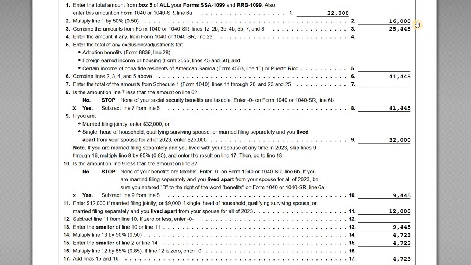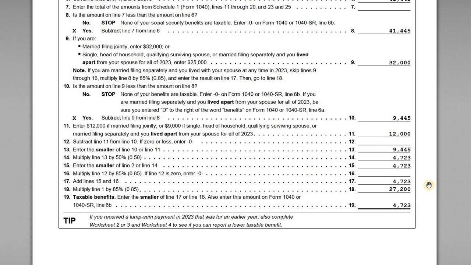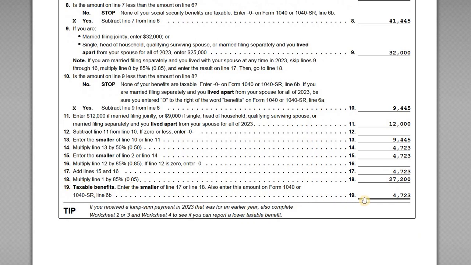Well, line 2 is $16K. So we're going to enter the smaller amount, which is still the $4,723. Line 16, multiply line 12 by 85%. Well, line 12 is 0, so we have a 0 on line 16. So then line 17, we add 15 and 16 together. We're left with the same value,